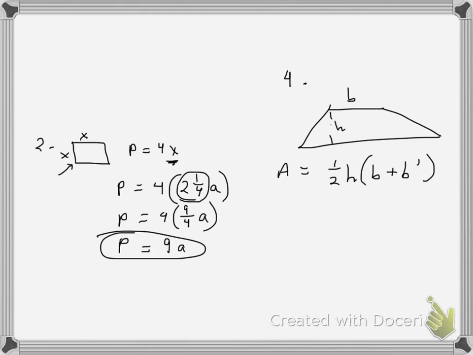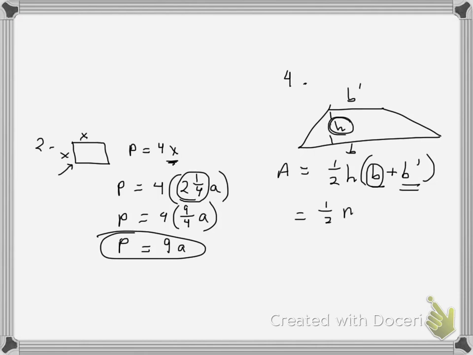My short base would be there, and my long length would be there. And it says the longer base is 2 1/2 d, so that's this. And the shorter base is 1 1/4 d, so let's go ahead and start plugging in, and the altitude, which is the height, this would be the same as the altitude,